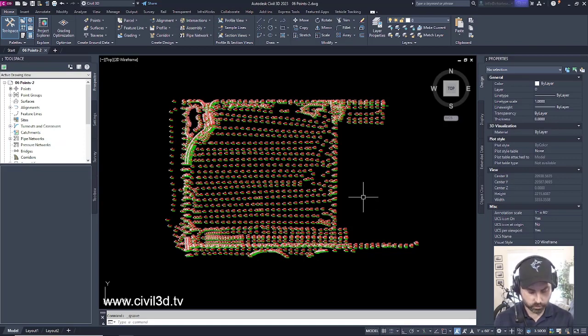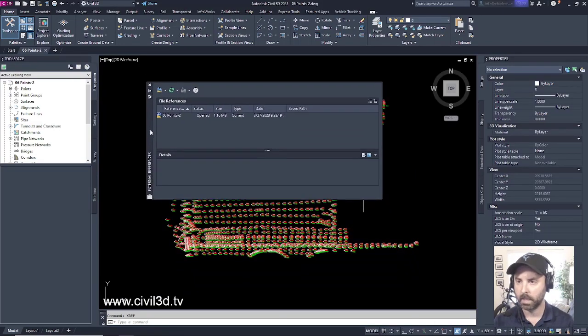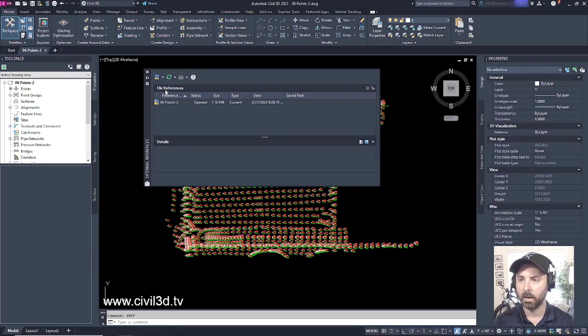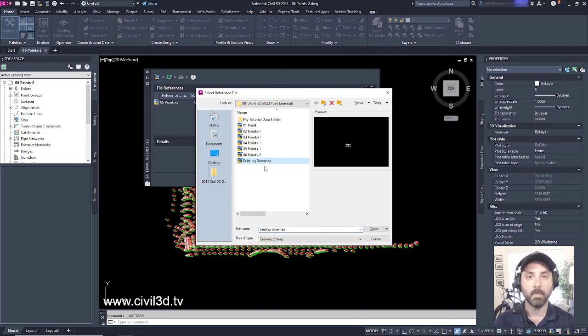Now I'm going to type in the word xref in my command line. Then I get this little panel right here. If I click on this little drop down, then attach a drawing, I can go into my tutorials folder and then select the existing base map. Now this base map is just the line work or some of the utility line work that's within our particular site. Go ahead and click open,